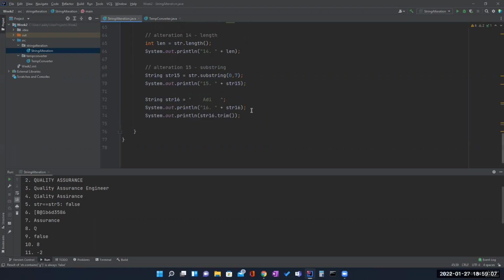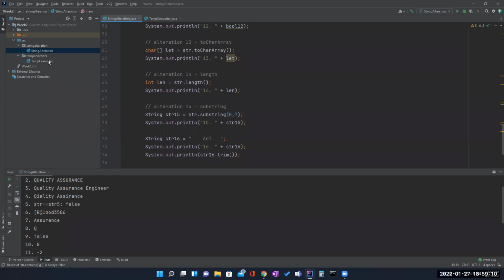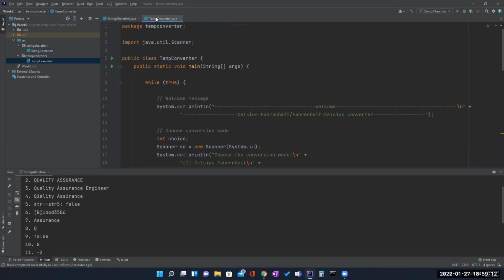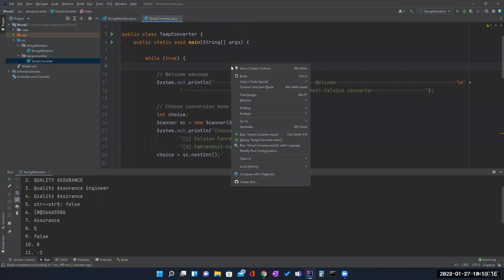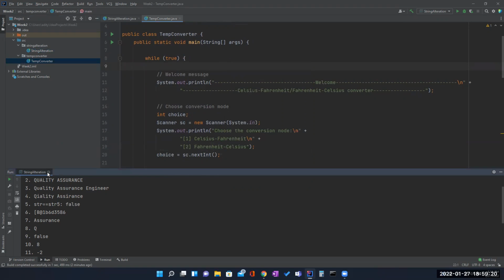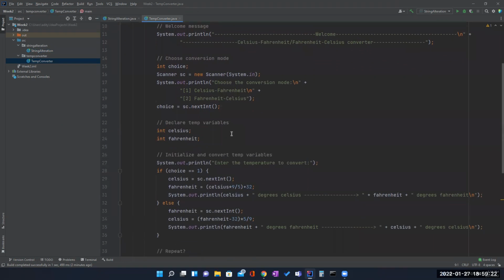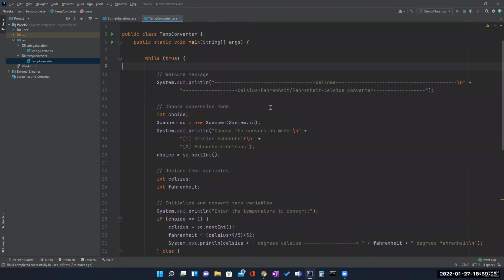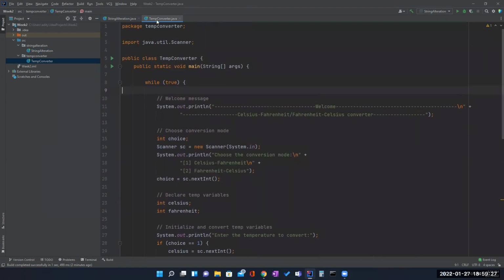Okay, so let's go to the temperature converter. Can you close that? Yeah, that one. Okay, close it. Okay, and start explaining what you did exactly. So yeah,